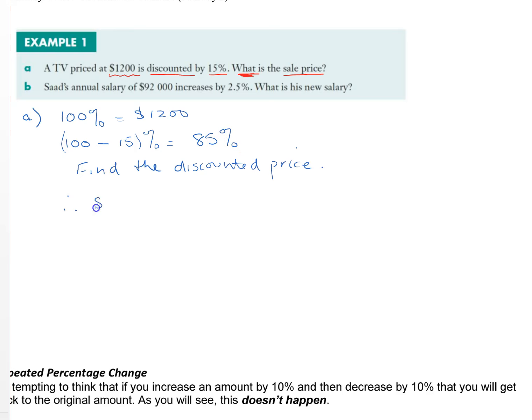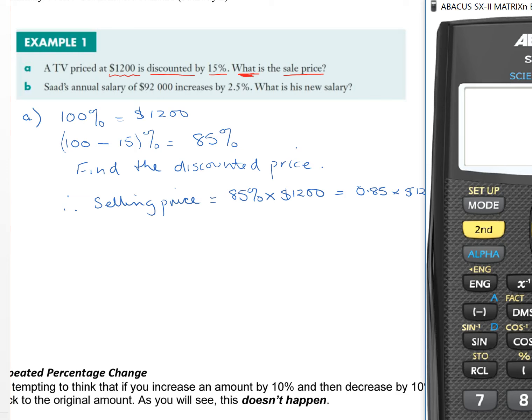So therefore, and I'll go back to calling it the selling price or the discounted price, I want 85% of the 1,200. Take your calculator, convert your 85% to a fraction or a decimal, and you can see I've done the decimal conversion there. Go to your calculator and we want